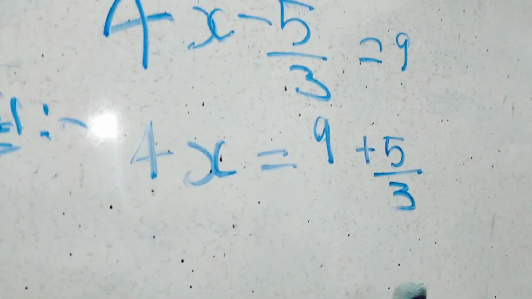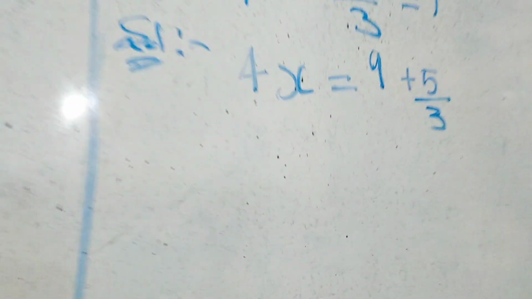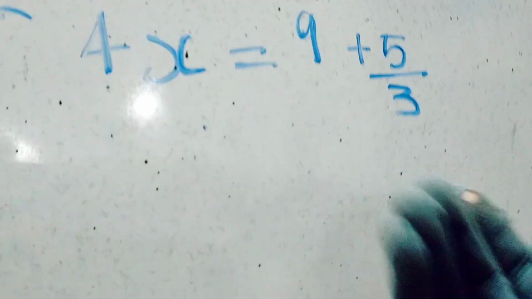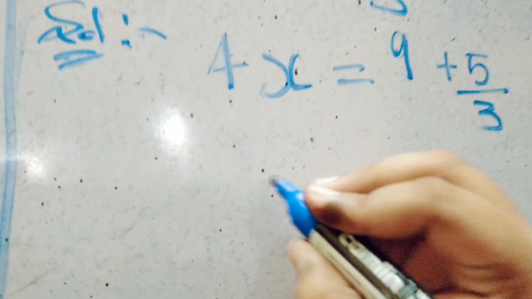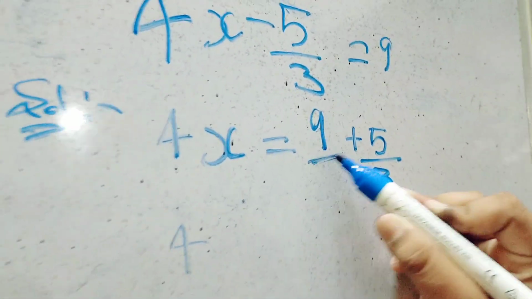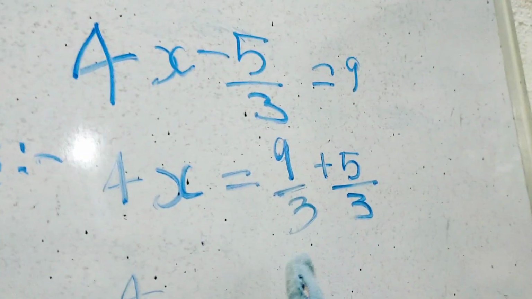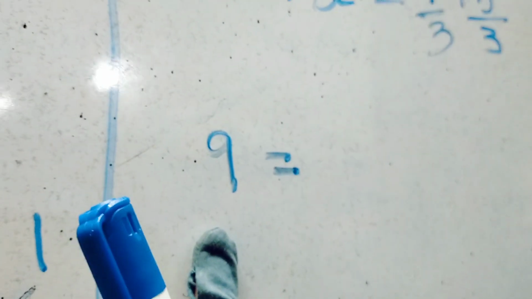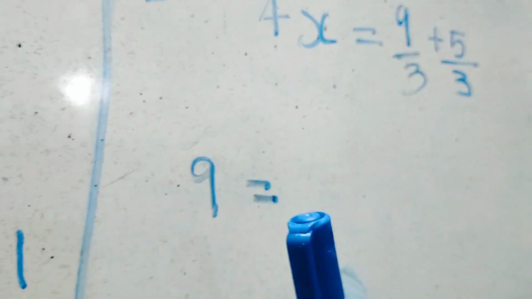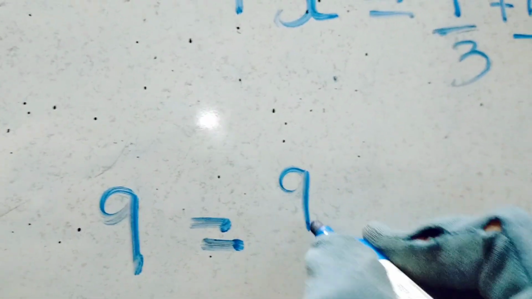You are listening, Rishi? So how will you do that? You have to take the LCM of the denominators. What is the LCM? It is 3 only. So now you have to turn this whole number into a fraction with the same denominator. See how you will make this 9: you have to turn it into an improper fraction, 9 by 1, right?